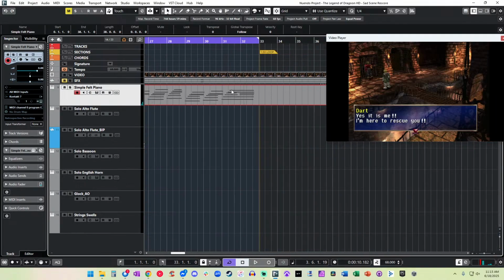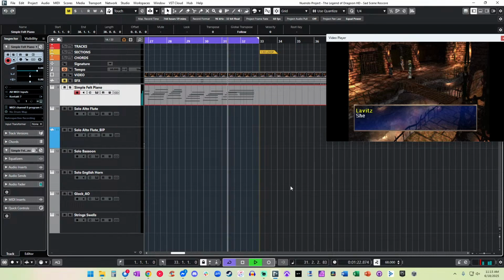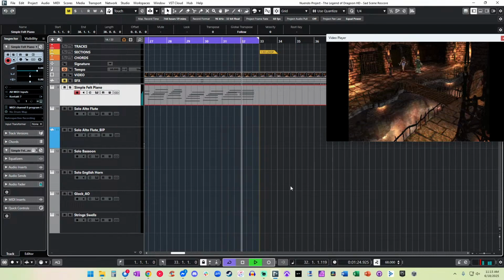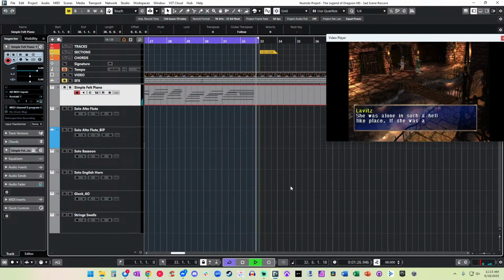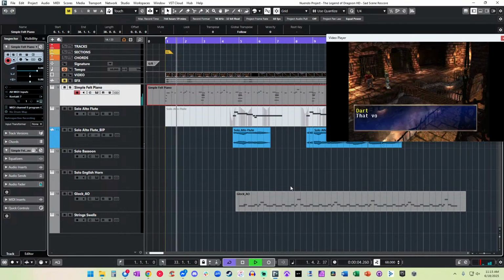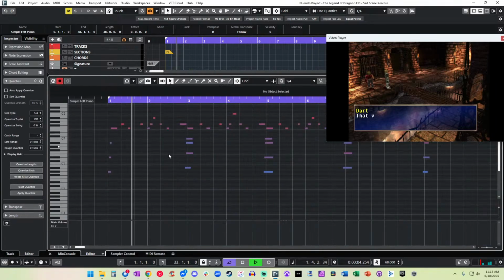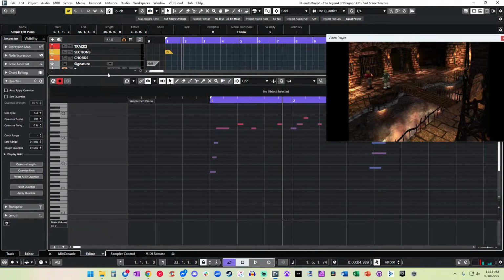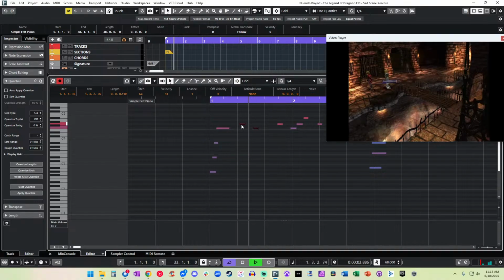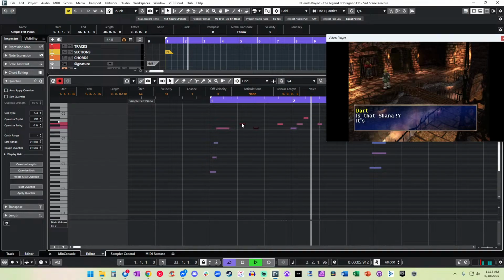But that way, when I come over here to the loop point, it doesn't get cut off when it loops. Actually, it does feel rushed. Quick little solve is going to be take these two and put them slightly off the beat. Yeah, that solved it.